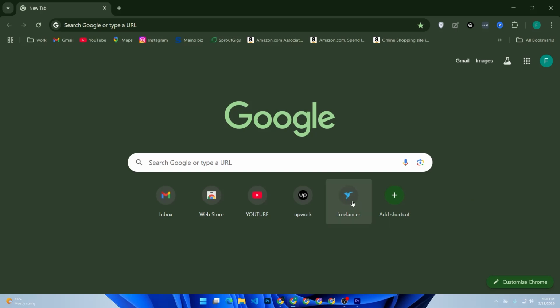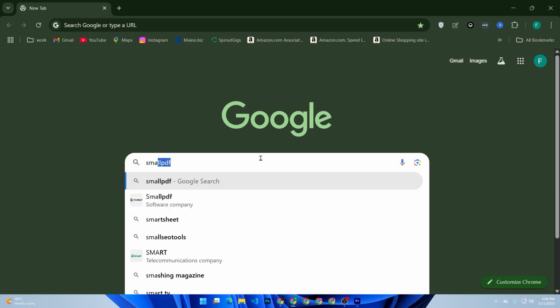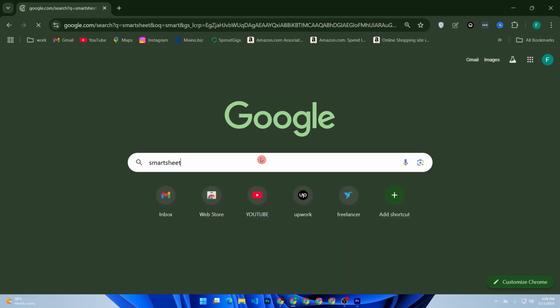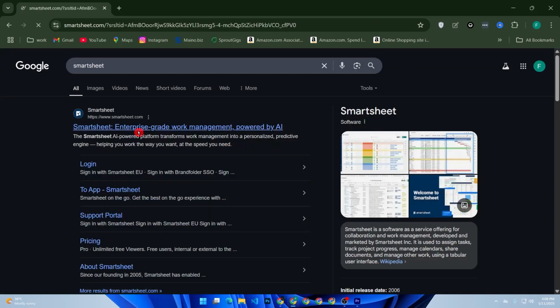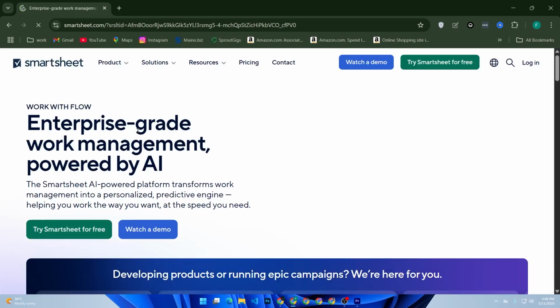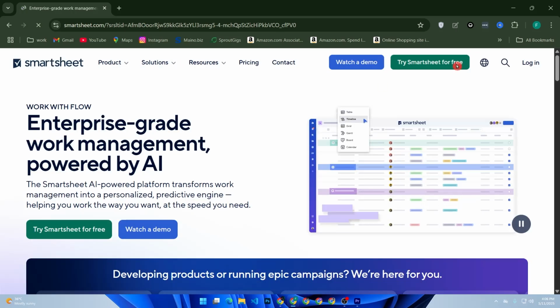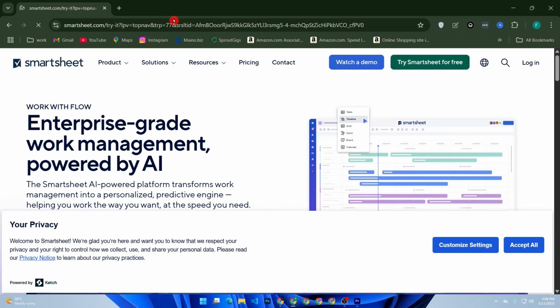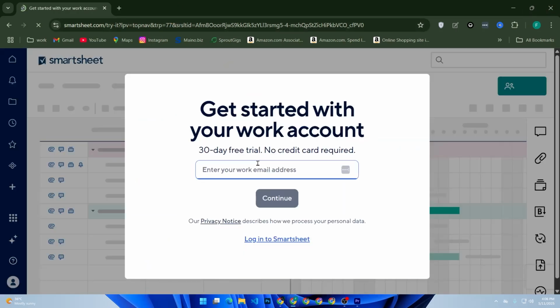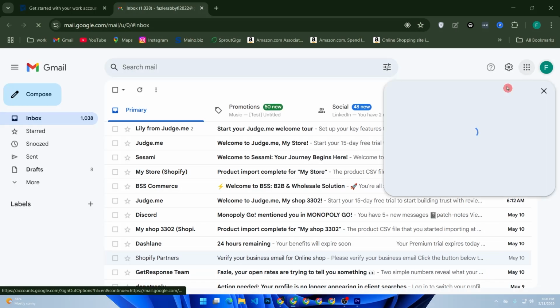First of all, search for SmartSheet, then log into your account or sign up if you are a new user. Just click Try SmartSheet for free. Enter your working email. I will use my personal email. From here,